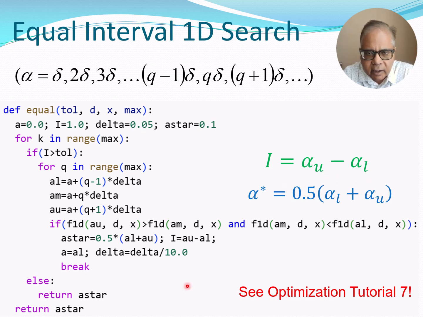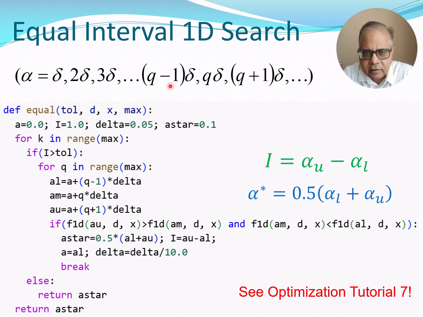So in the program I am using A in place of the Greek letter alpha, and then finally what happens is that I divide delta by 10. So each time I'm going to divide it by 10, and then I'm going to set A as AL again. Remember I'm starting at A is 0,